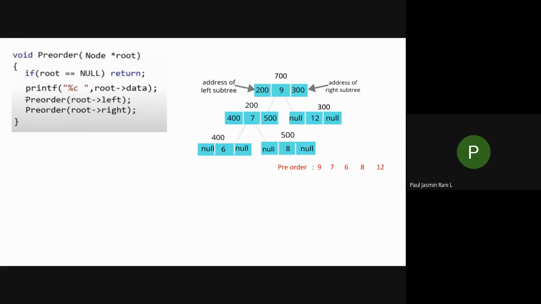will be easier than the other ones, because we are going to concentrate on the root node, isn't it? So what are the three steps you have to follow in pre-order traversal? First, you have to print, that is, give preference to your root node. Next you have to traverse along your left subtree, then you have to go for your right subtree, isn't it? So this is the hierarchy you have to follow.